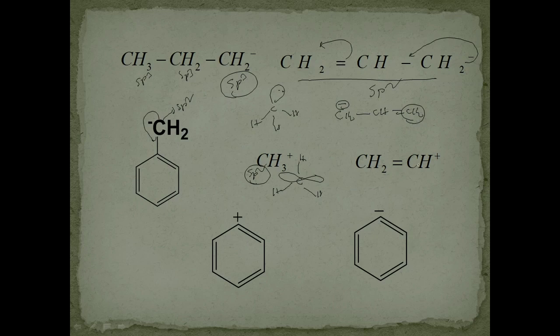This one contains 2 sigma bonds and 1 pi bond. It means here it is sp hybridization. sp means linear. Now coming to this phenyl